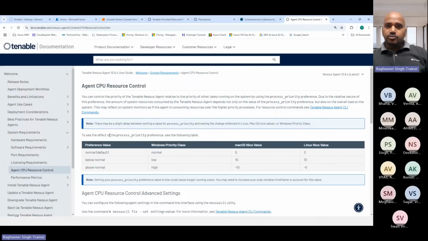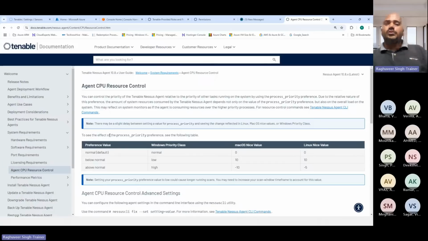We can always control the resource utilization, or we can put a throttle on it, configuring the schedule in such a manner. In most of my trainings, I come across this situation when participants have this pain. So one thing is planning: you plan your vulnerability scans or security scans, or if it's an EDR, XDR or MDR solution, in such a manner that it does not coincide with